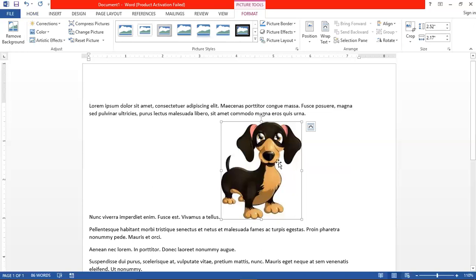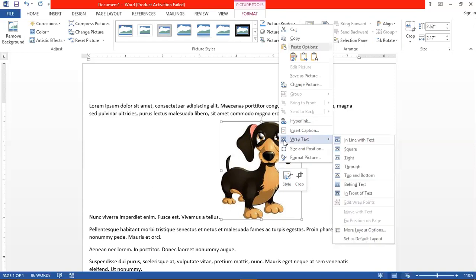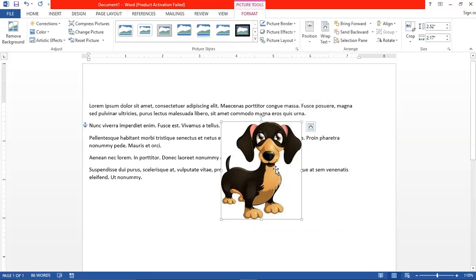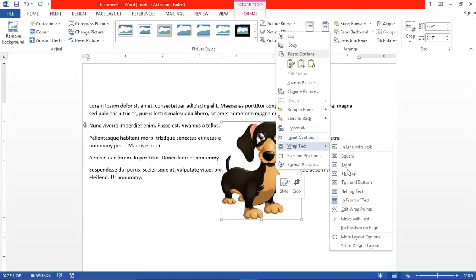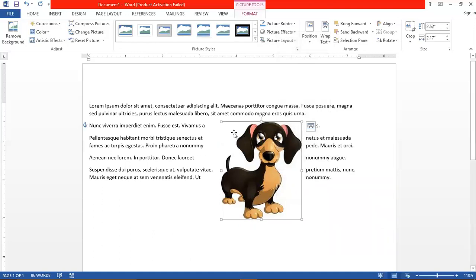So now what you can do, you can right click on the image. After right clicking, in the properties menu of the picture, you can see there is a wrap text option. In the wrap text option, select in front of text. When you click on in front of text, then the image will come above the text. So there are multiple different options in the wrap text. So let's see what the different options are. If you select square, then the image will be adjusted in the center and the text will go on both sides of the image.